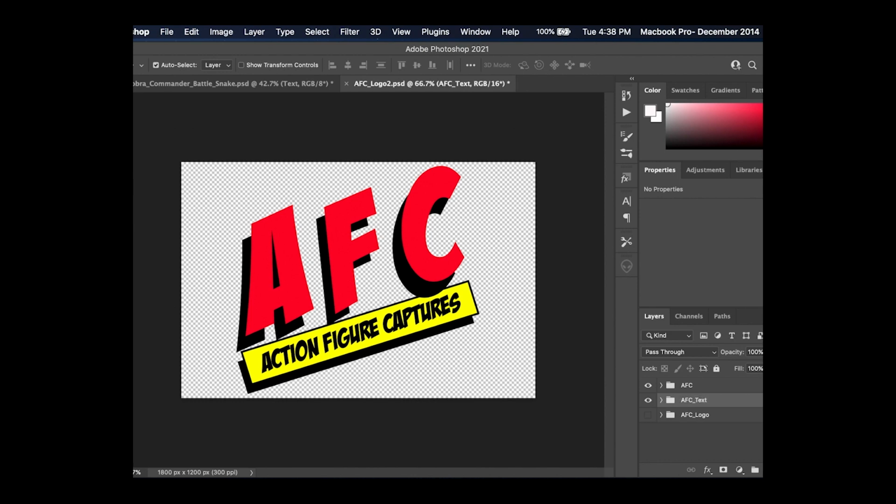And then we have our second folder. Okay, now that I have that created, I want to group these two together so that I have all the folders moving together. So I'm going to hold shift, click the one above, and hit Command G again to create our next folder. And then we're going to rename this one AFC logo